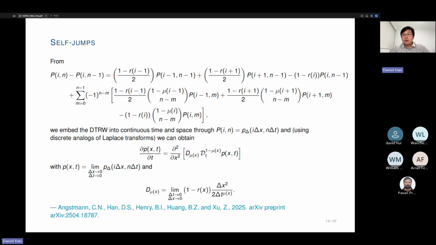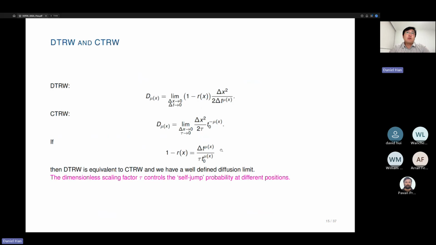Before I move on to the next topic, what this discrete time random walk formalism actually gives us is a nice numerical algorithm to approximate our density. Just to remind you, this is the discrete time random walk diffusion coefficient definition, with 1 minus Rx being related to the time that I wait at x, and delta t and delta x being constant. And then in the CTRW, we have some characteristic timescale t naught, and